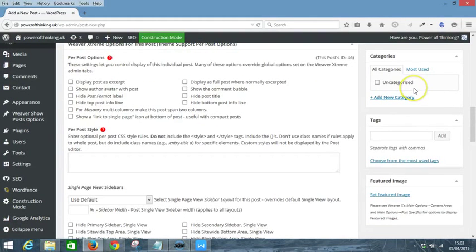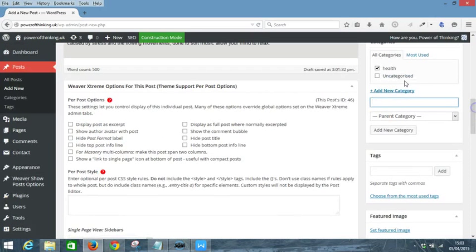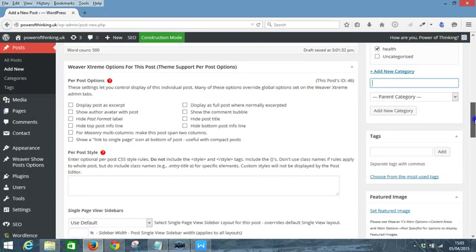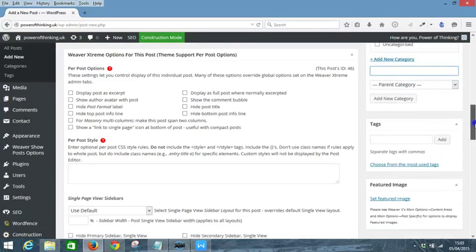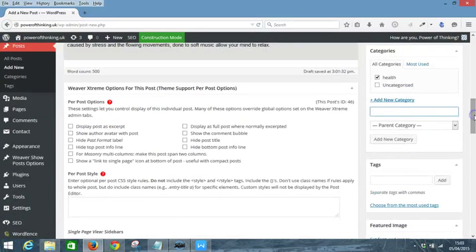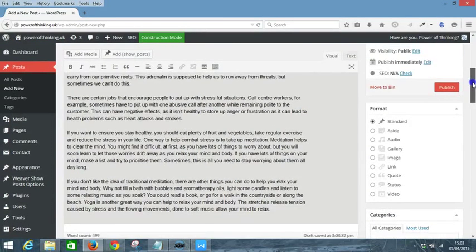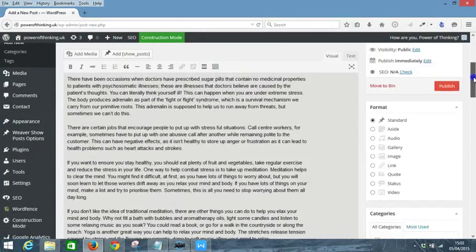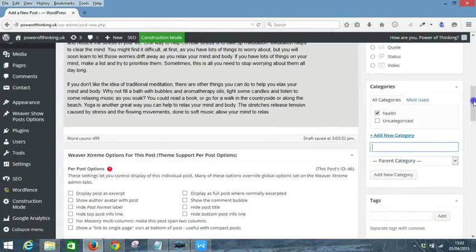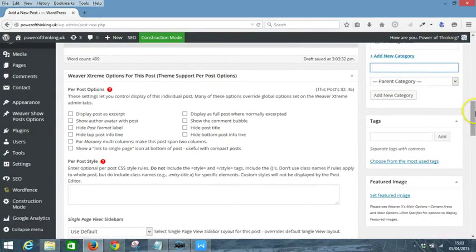Now you can add a category here, so if I was going to put this maybe into health, I could add a category and type health. Okay, and then press enter. So that brings up a health category that I've added it to there, and this helps you to put all your blog posts which are in different subjects easy for people to find. So it helps when you've got maybe a variety of different topics that you might use under the one big umbrella theme of your website. Okay, so going down there, I'm not going to give it a parent category, I'm just going to leave it,